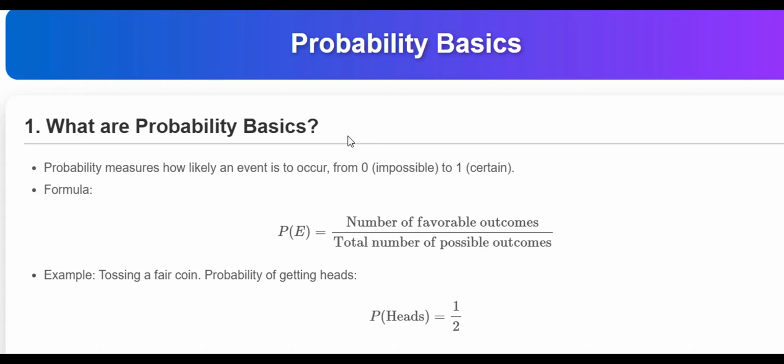Hello, in this lesson, we are going to talk about the probability basics. So basically, probability measures how likely an event is to occur. It ranges from 0, whereby it is impossible for that event to occur, to 1, where we are certain that